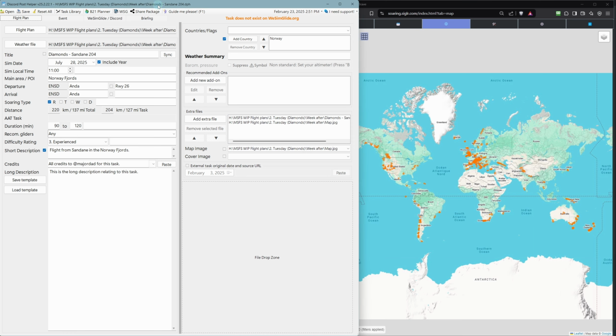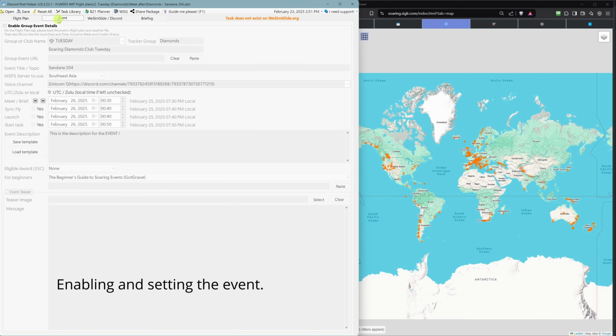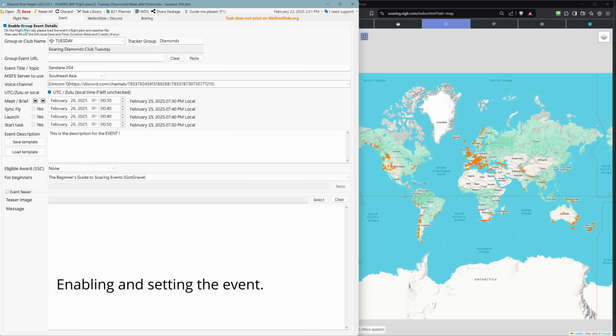task together. Okay. So I've loaded again the same task. Now I'm going to go into event and I'm going to enable it. I will not go into the details of the fields here. Once again, I assume that as a task designer and publisher, you already know how this works. There will be another video about it, but right now let's assume that you know how